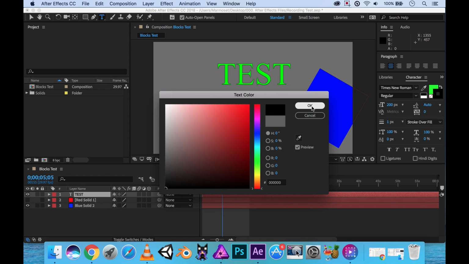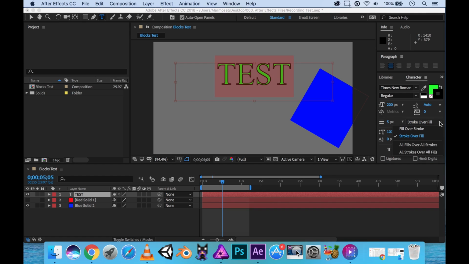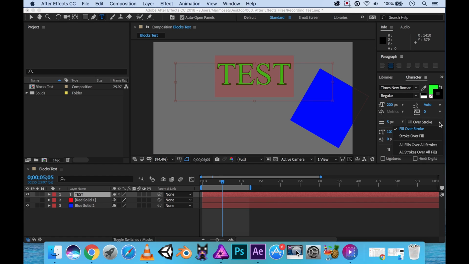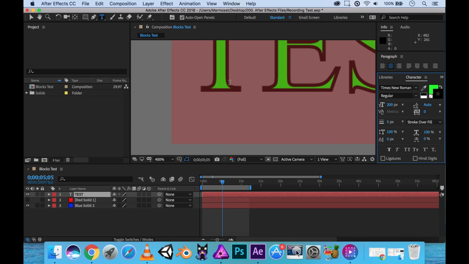As you can see right there, you can see this black outline. You can increase the size of the stroke right here. Let's just increase this number from 1 to say something else. I guess 5 works right now. We can also change around the different types or styles of how the stroke is going to affect the text itself. Let's use stroke over fill right here. So as you can see right there, if we zoom in,